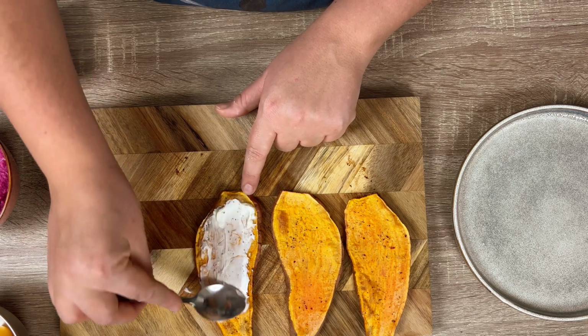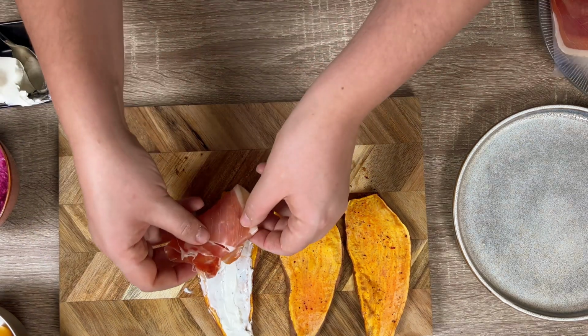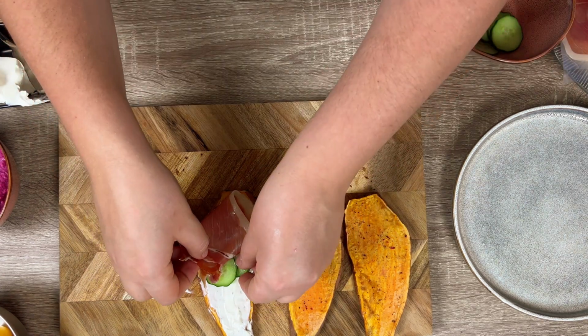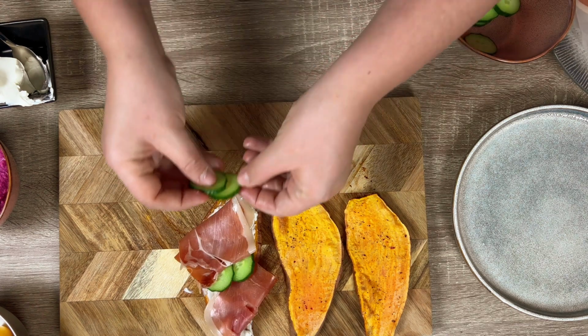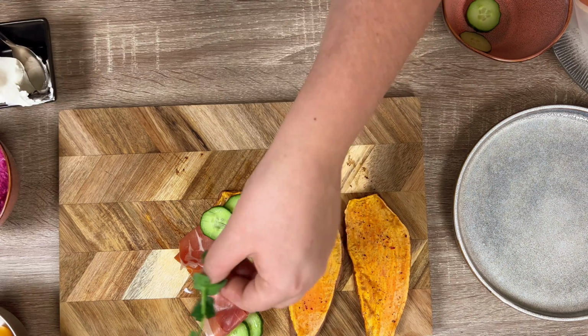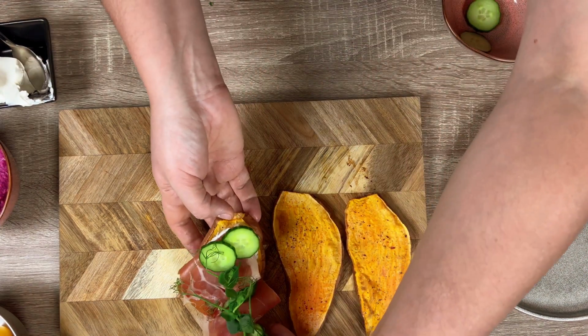So start plating your sweet potato toast. First, put serrano and sliced fresh cucumber, like this, and garnish with some fish shells. For the second layer,